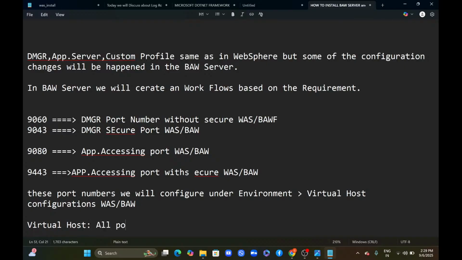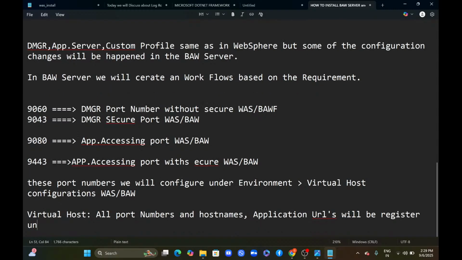All port numbers and host names, and application URLs will be registered under this section. Without adding the port number,